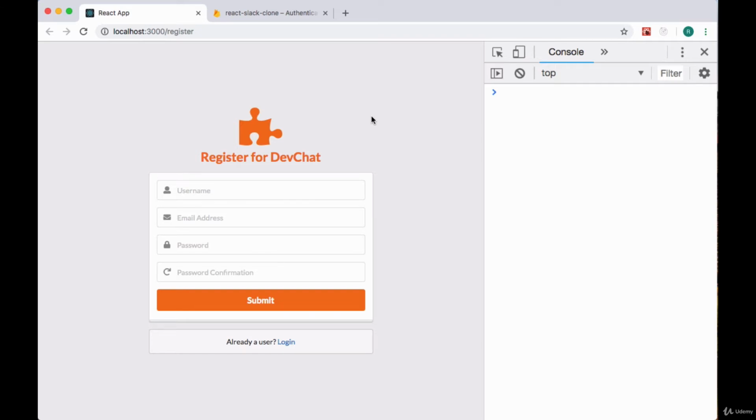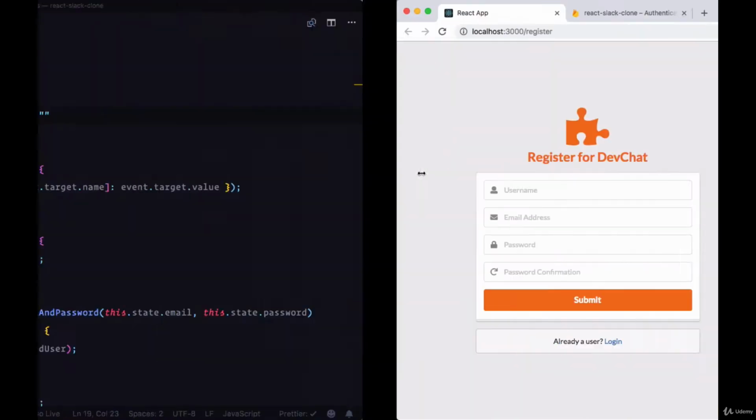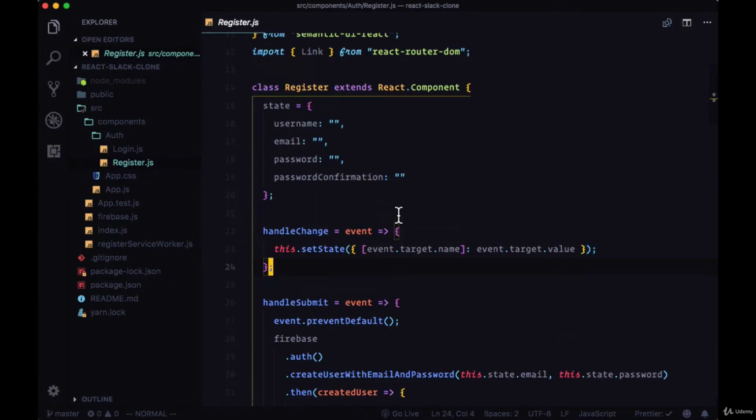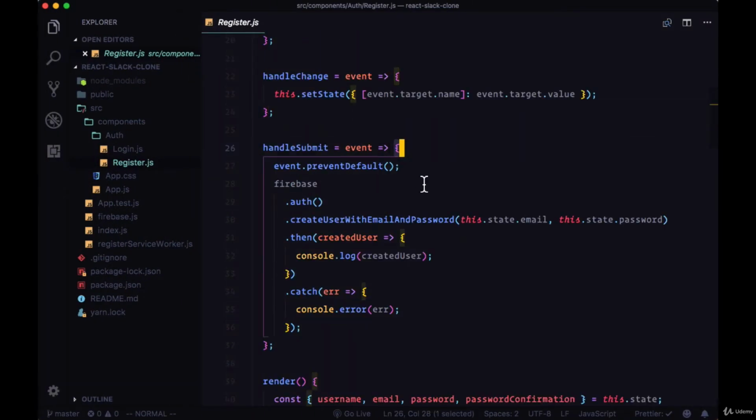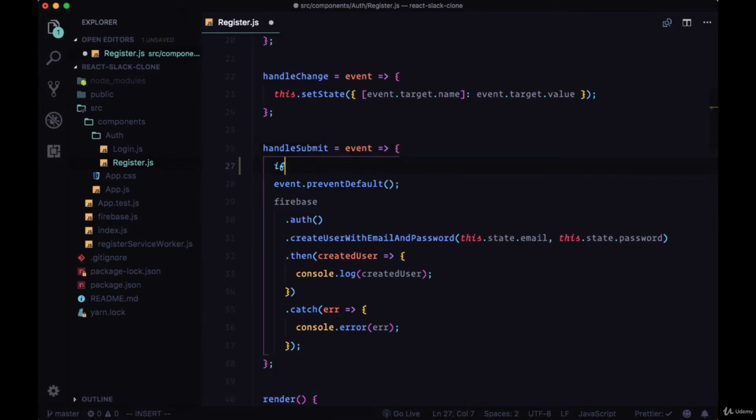If we don't fill in any of the inputs in our register form, but still hit the submit button, in our console we get an error from Firebase, and we shouldn't allow this to happen. We shouldn't be able to send the form data to our backend without first making sure that all of the fields are filled out. So we'll add some form validation within handle submit by adding a conditional where we call